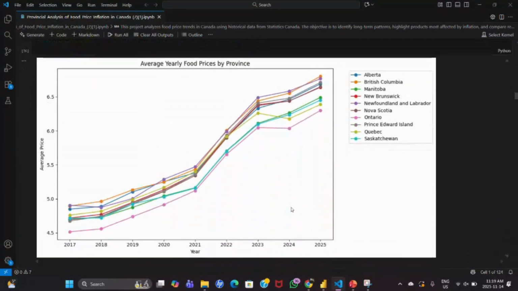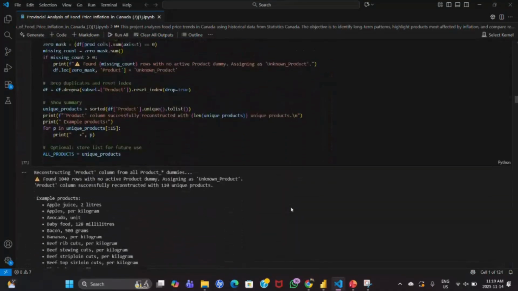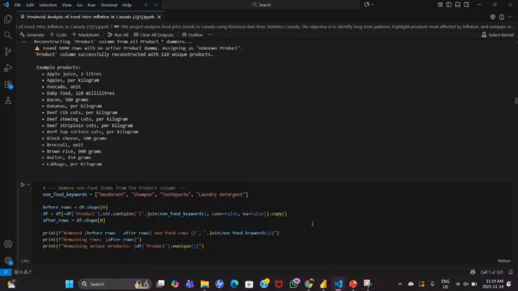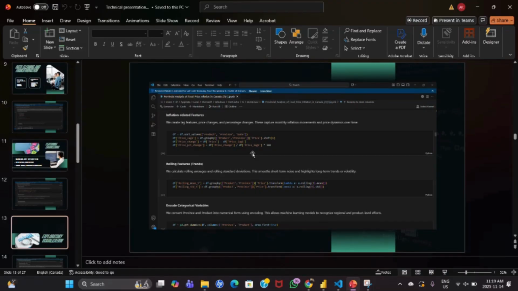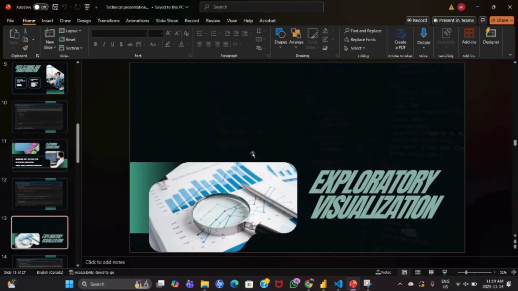Here is the code for that and some of the visuals. And here's the screenshot. We then moved to exploratory visualization, which helped us understand the data intuitively before modeling. Using Seaborn and Matplotlib libraries, we plotted various charts showing CPI movements and inflation patterns across provinces. These visualizations allowed us to see clear spikes, especially around 2021 to 2023,